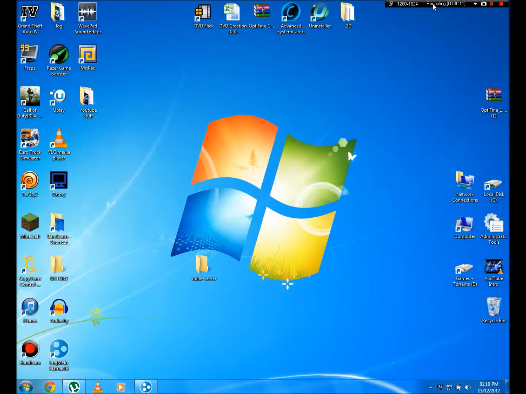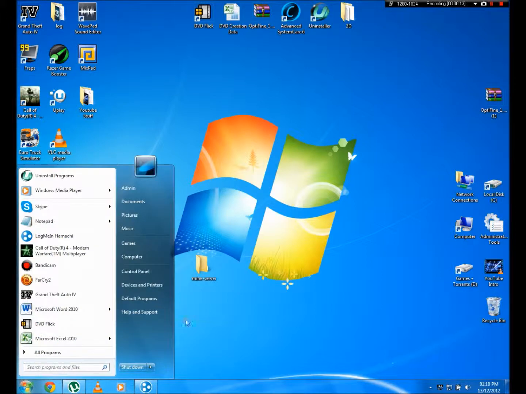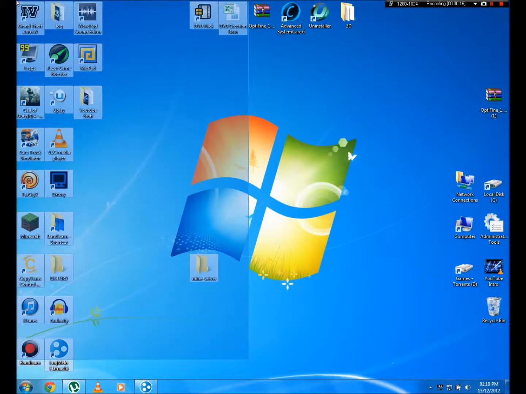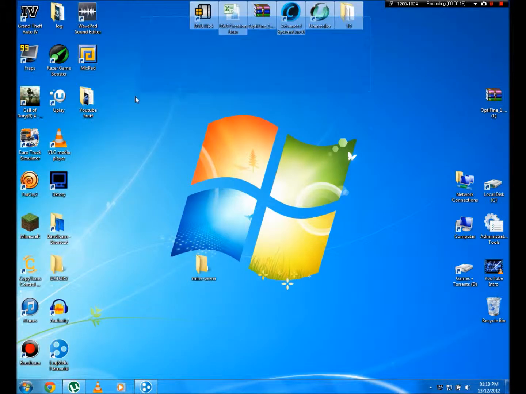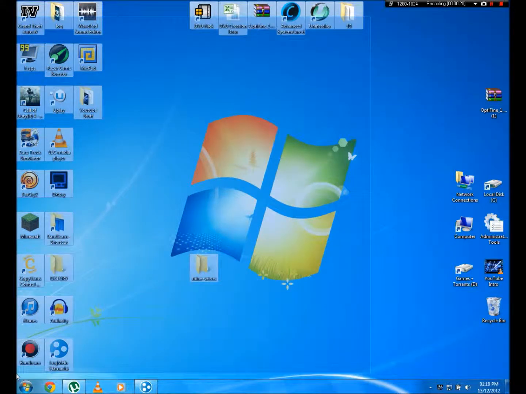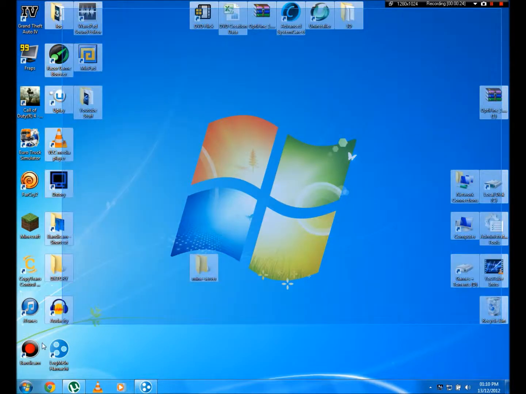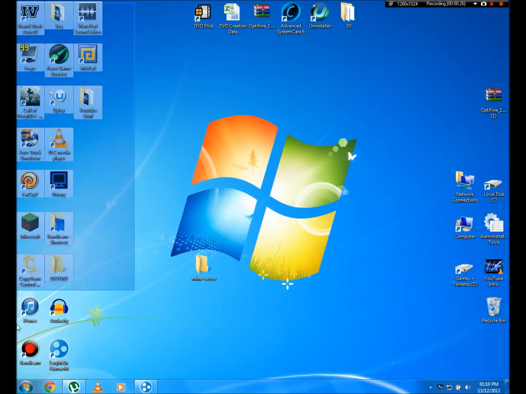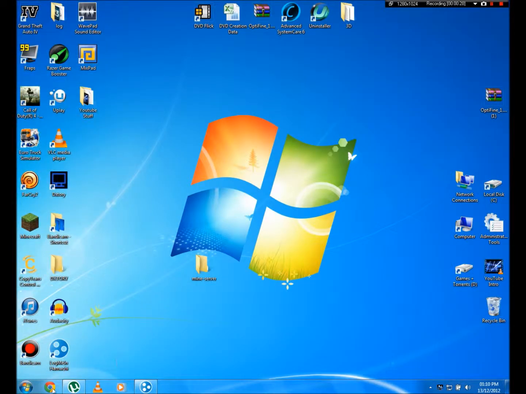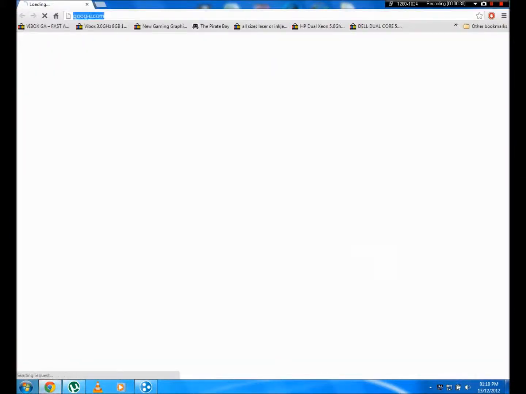Today we've got a tutorial on how to host a private Minecraft server with your friends. You can have up to 4 people on this server, and they will be able to access it if they're connected to a different network, or if they're at their house and you're at your house, and you're both on completely different broadband. So what you're going to do is open up your browser and